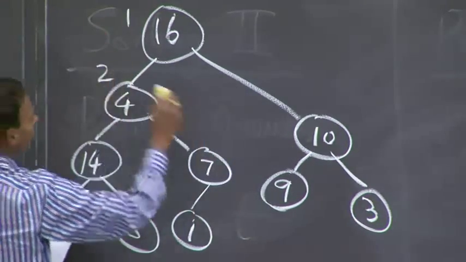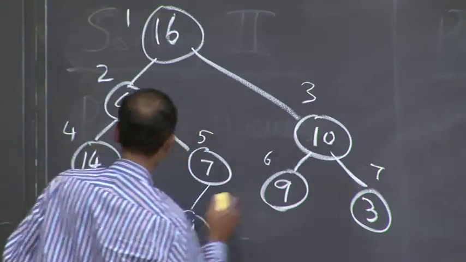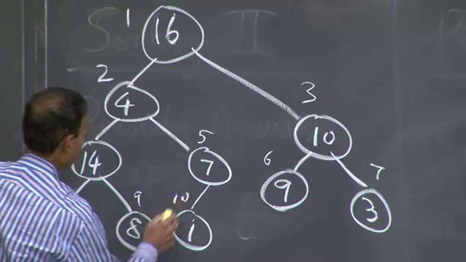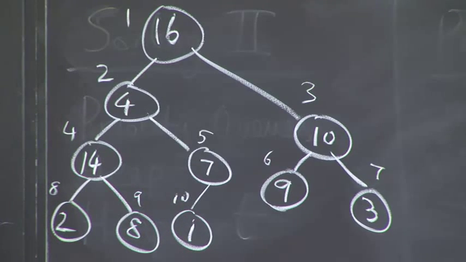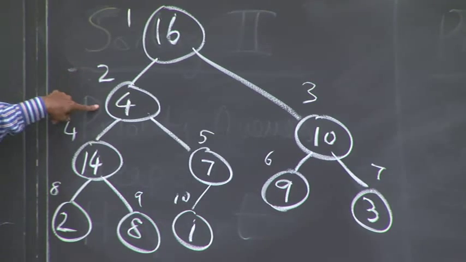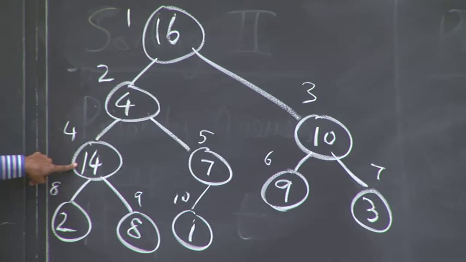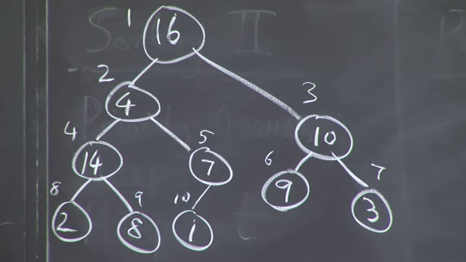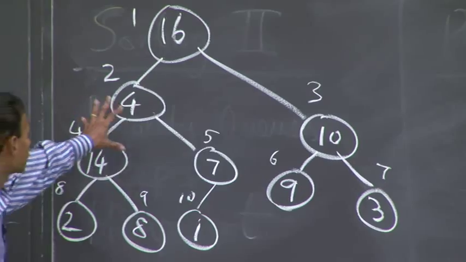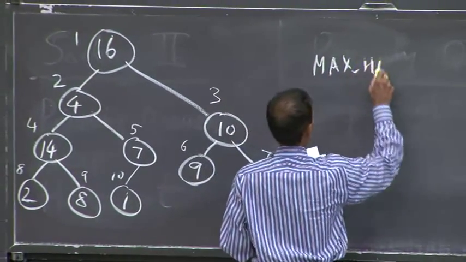And I'm just going to draw the indices for this first example, and then I won't bother. So there you go. Is this a max heap? No, because right here I have a problem. 4 is less than 14, therefore I have a violation, right? And so if you look at the call Max-heapify